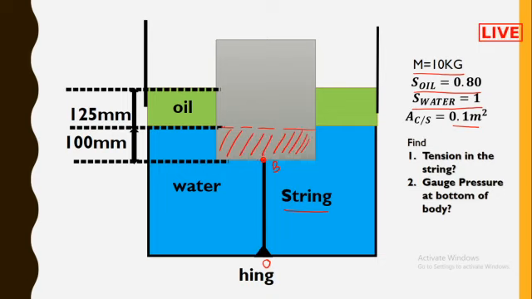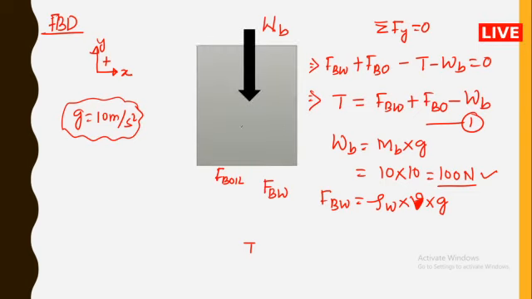The part will be the area of the cross section into this height, that is 100 millimeter. Similarly, if you want to find out the part of the block which is submerged inside this oil, this is the part of the block which is submerged inside the oil, meaning this is the volume of the block which has been submerged. Let's do this one.